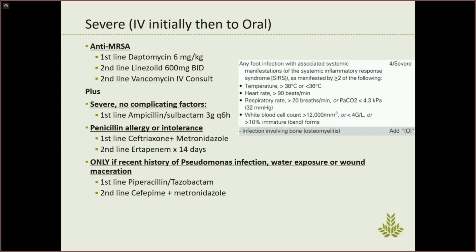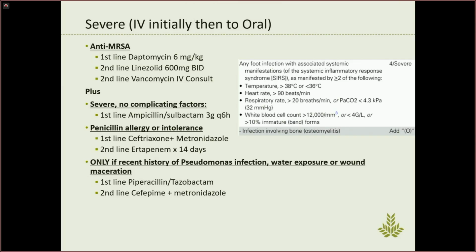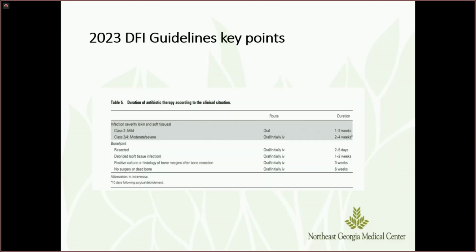And for severe infections, one point I want to highlight is use of the antitoxin agents if you're concerned about necrotizing infections. So we have been using more linezolid over clindamycin recently, and that is supported by evidence. So it's very important that if you're suspecting necrotizing infections, you do add that antitoxin agent to your other broad spectrum antibiotic coverage. Here, we do recommend covering for MRSA and Pseudomonas until we have further information if the patient has severe necrotizing infection. But otherwise, again, anti-pseudomonal coverage is not recommended for all of these patients. And if you look at diabetic foot infections, I think it's less than 10% are caused by Pseudomonas.